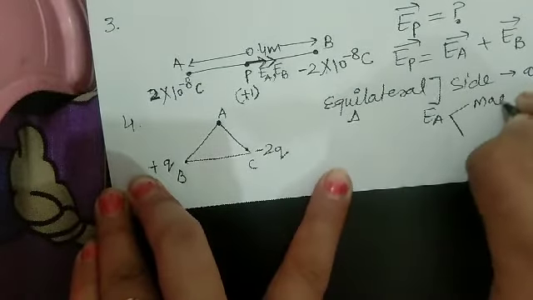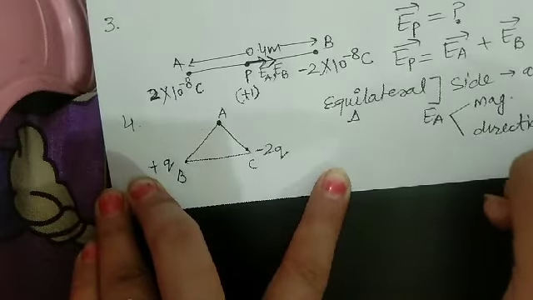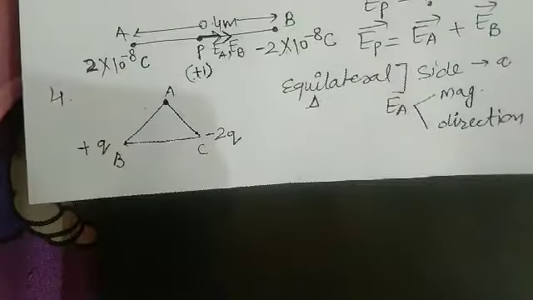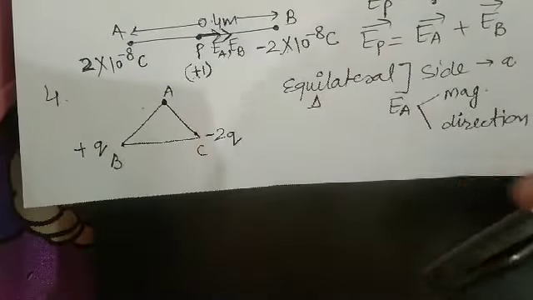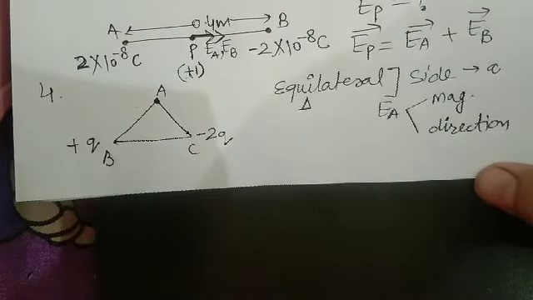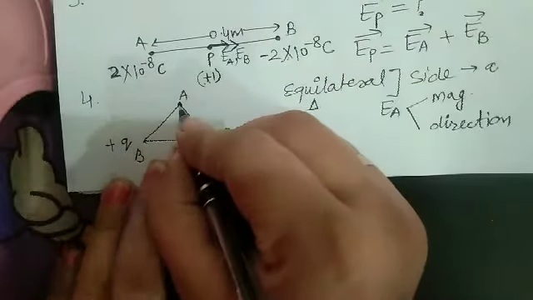Students, you have to find out the magnitude as well as the direction. Okay, you can pause the video, think for a while or try to solve the given numerical, then start the video again to get the solution of how I am solving the given numerical. Okay, so we have to calculate the electric field at point A.